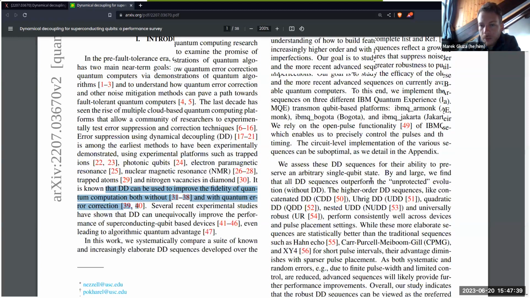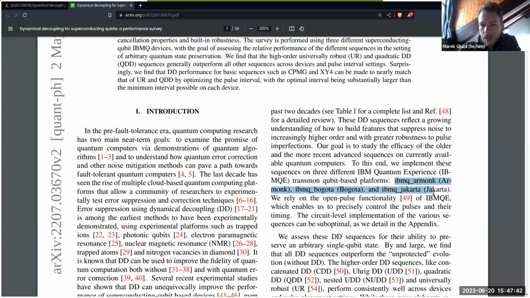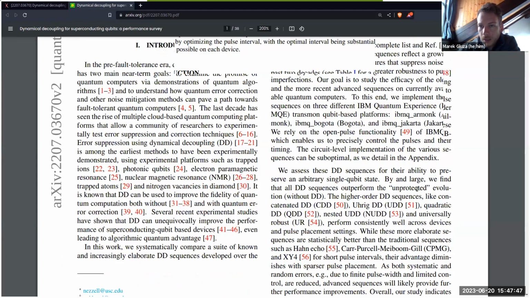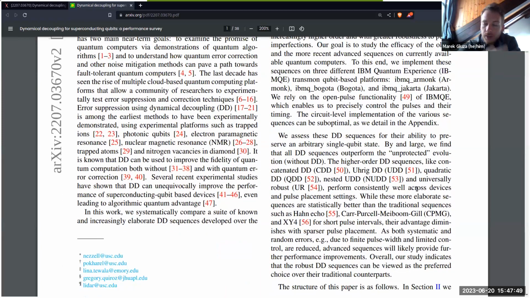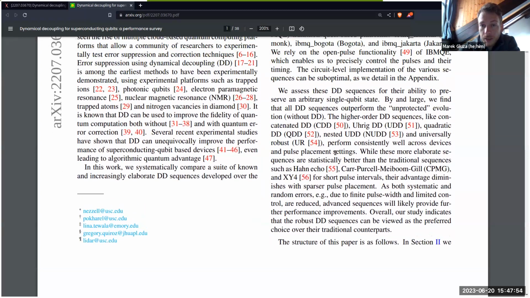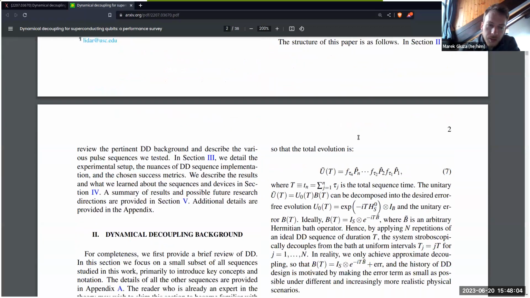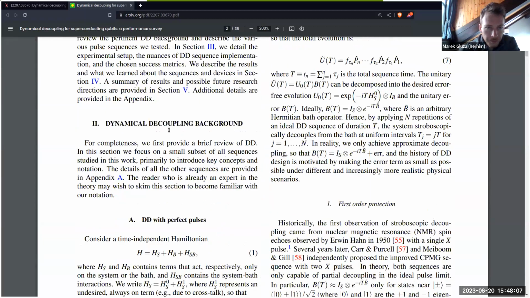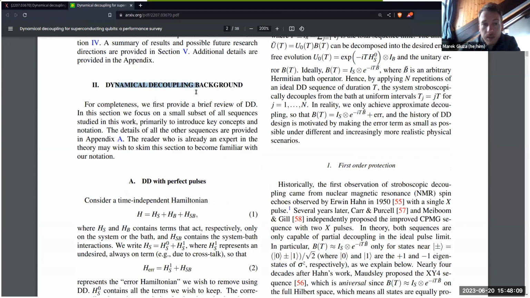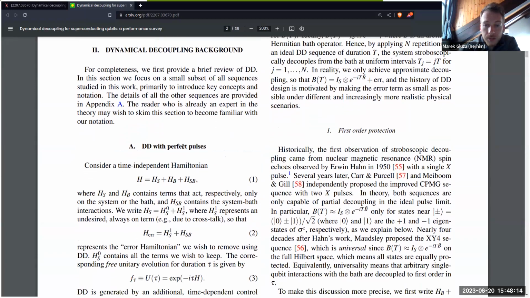We don't have much time to talk about this. There are different chips that they used in this large-scale survey, and that's kind of in the background. So this is the kind of information. I think we will be fine just keeping ahead. Here's a little bit of context and a little bit of background, how to understand the gates that we need. We will go back if we will need the full names at some point. So dynamical decoupling background is something we can do more or less line by line, because that will explain to us the